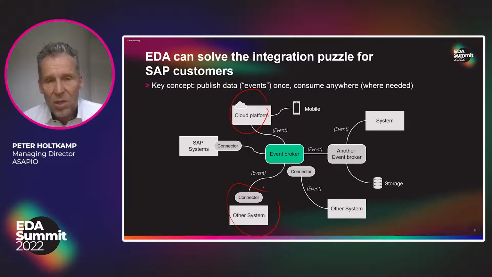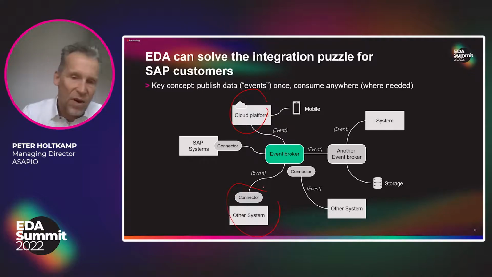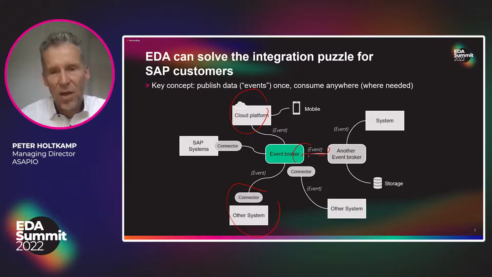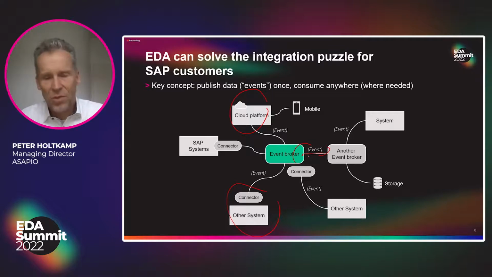What's even better is you can also build distributed infrastructures. It's not only that you have a local event broker, you can interconnect different locations, different areas in your company with another event broker, with communication broker to broker. And then that broker again has the information and can send it out to other systems. So the whole effort of looking into this infrastructure and sending this information out no longer exists. Just deliver it once.